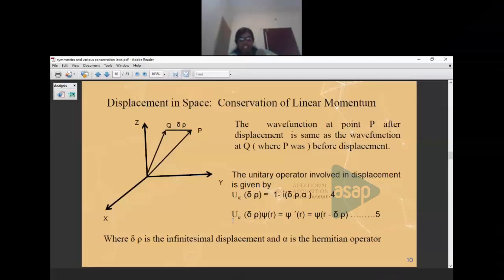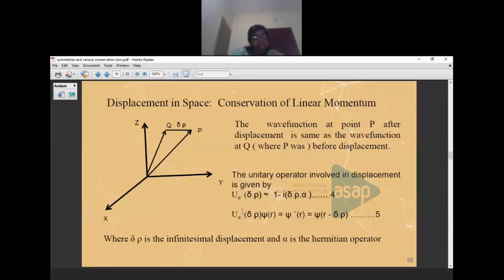So once again, let me tell you, the unitary operator U_A(δρ) operating on ψ(r) gives rise to a new waveform, ψ(r − δρ). Now, if you substitute U_A here, that is 1 − iαδρ, and then expand the right-hand side, that is ψ(r − δρ),